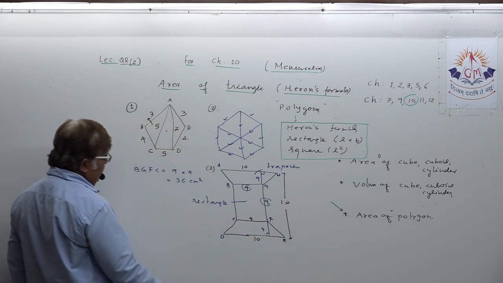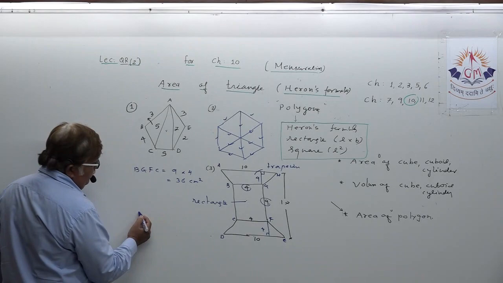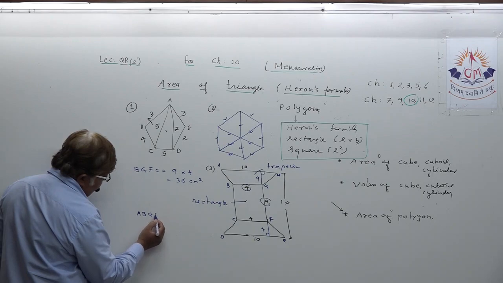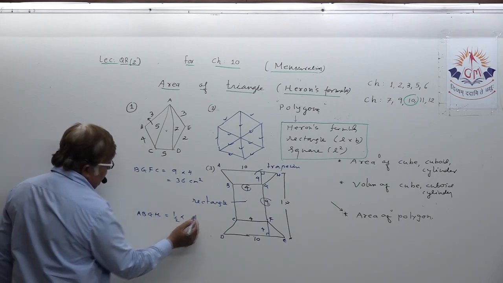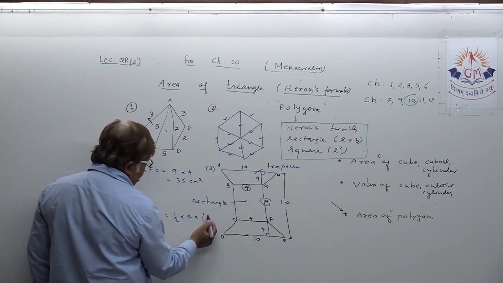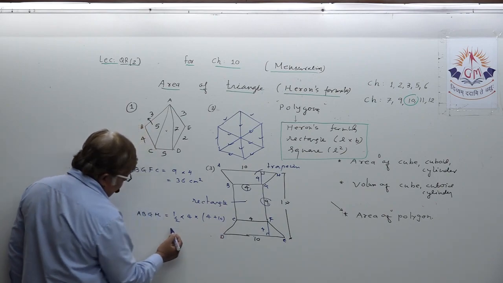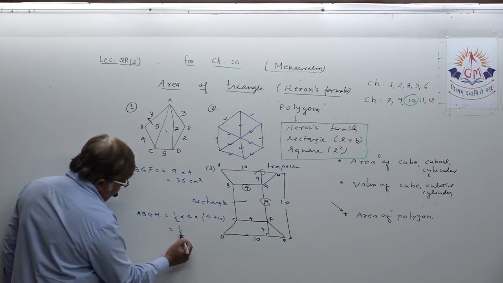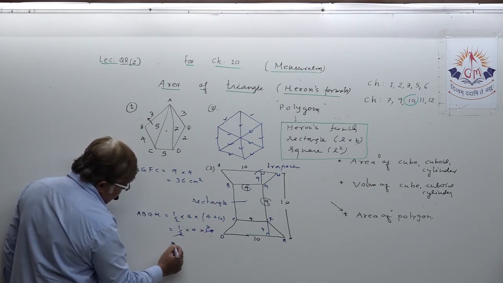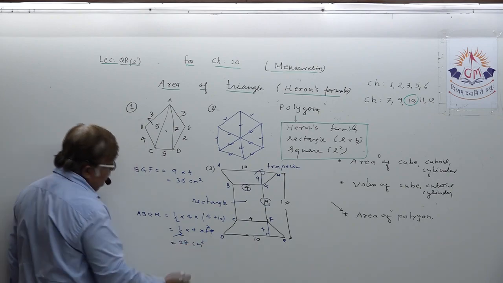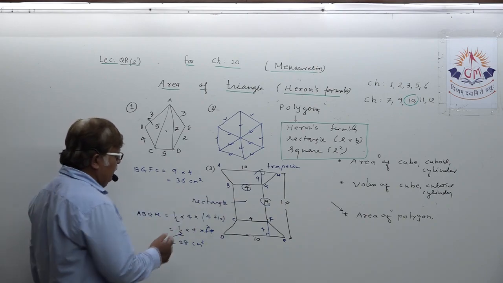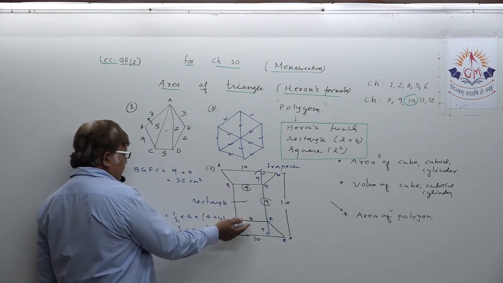Now are you able to find area of this trapezium? Suppose I mention the name ABGH. You all know half into distance between the parallel sides into sum of the parallel sides, 4 plus 10, half into 4 into 14, just cancel, 2 7s are 14. So this is 28 square centimeter. But here is not only one trapezium, there is another trapezium also, but they have all measures similar.